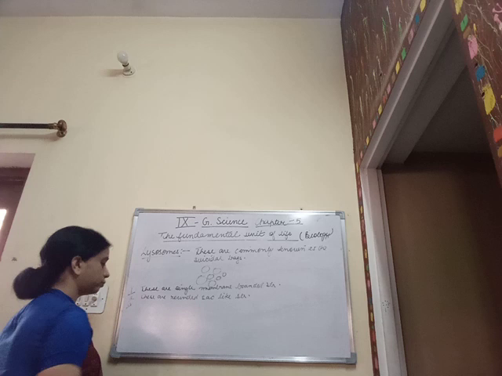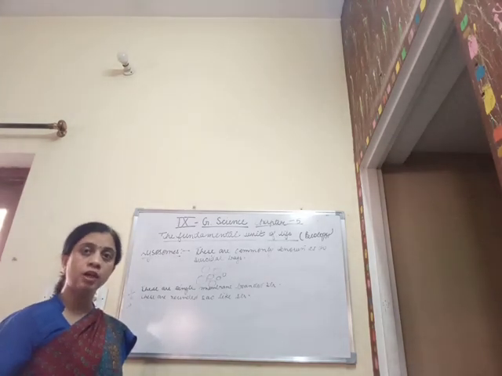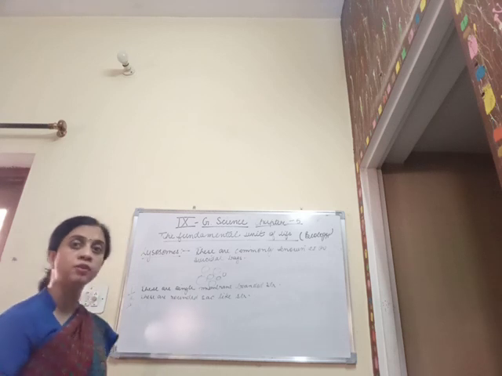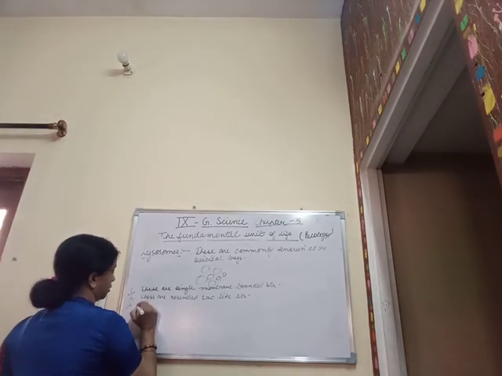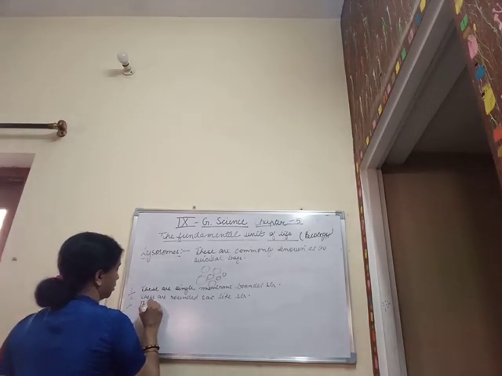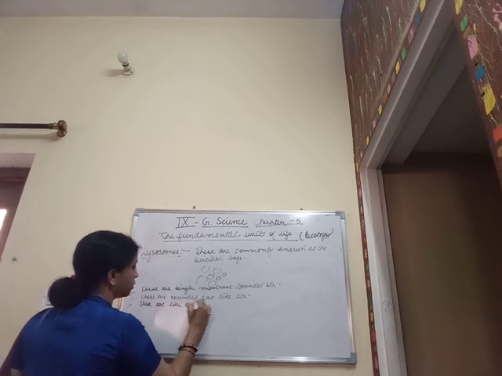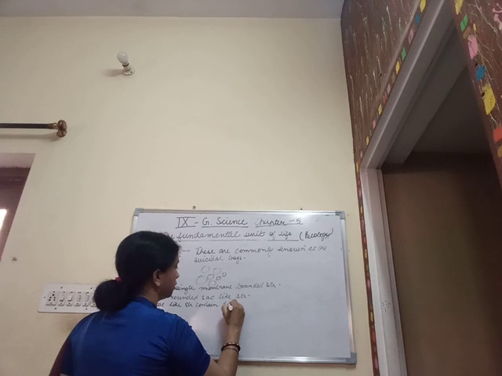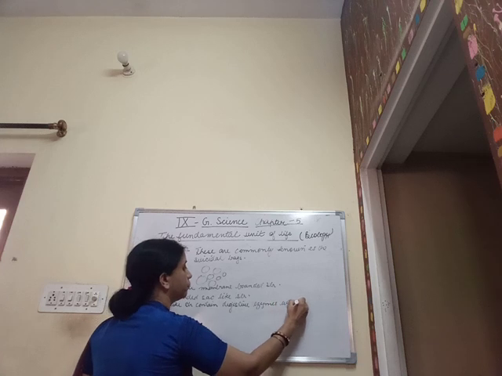Then third, a large number of digestive enzymes are found filled within these lysosomes, and hence the name given to them is the suicidal bags. These sac-like structures contain digestive enzymes within them,